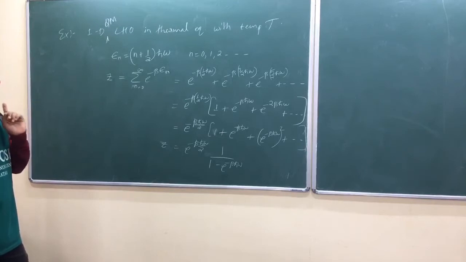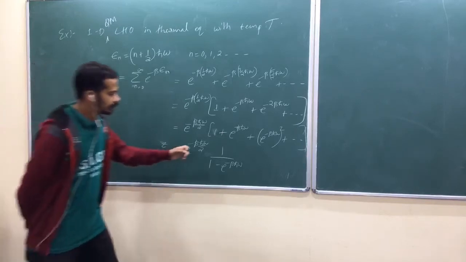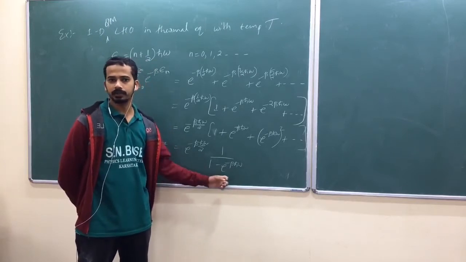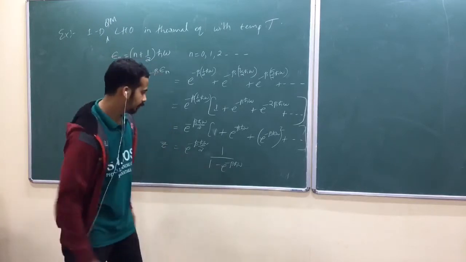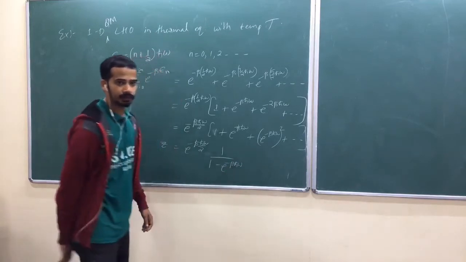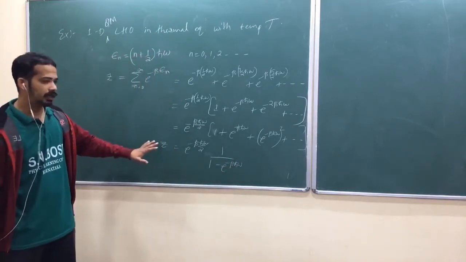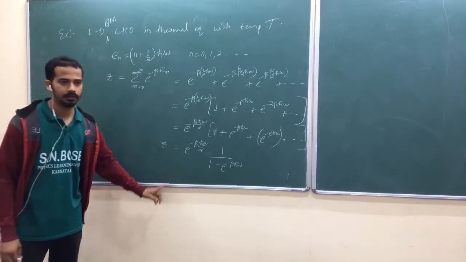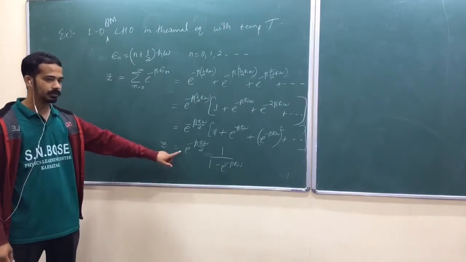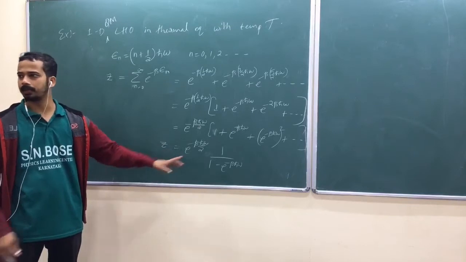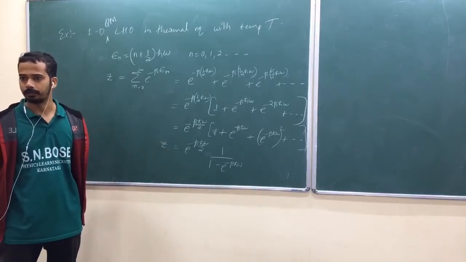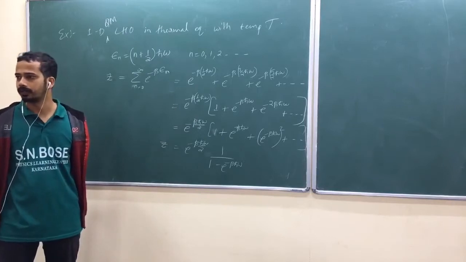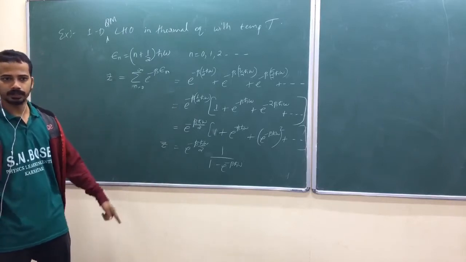Now look at here, they may manipulate. You can take this one into denominator and sometimes you can write in terms of sine hyperbolic. Let me write in a different way, okay? If you want to go to average energy, better to apply log here itself. Apply log to numerator and denominator, so that becomes a very simple formula, because anyway, average energy is the derivative of log of z, am I right? Apply log and continue, okay?